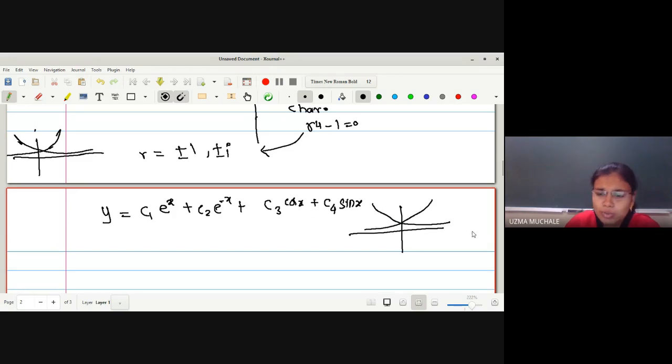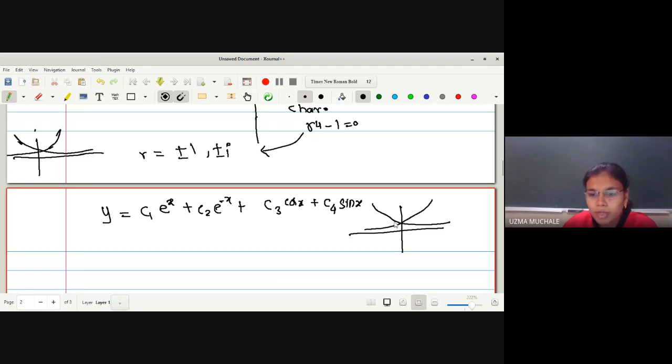मतलब वो कभी zero होता ही नहीं है, right? So this we can verify anywhere. मतलब आप जब solution निकाल रहे हो, suppose आप cos x ले रहे हो, अगर आपका cos x in the particular interval zero आ रहा है, तो what do you mean by that? Your solution is zero. But here this is a non-zero function, right? It's not going to vanish anywhere.